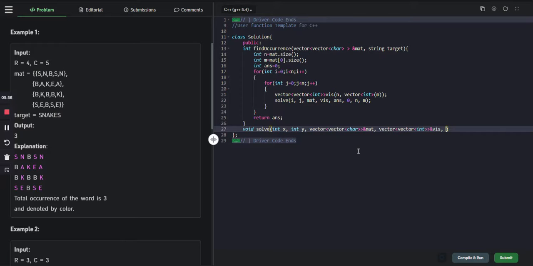And then we have our answer which we need to update, and then the position of the target which we want to check, and then the size of the matrix, n cross m. So there are a lot of parameters, but that should do. Now we need to think of, in a recursive function, first of all the base